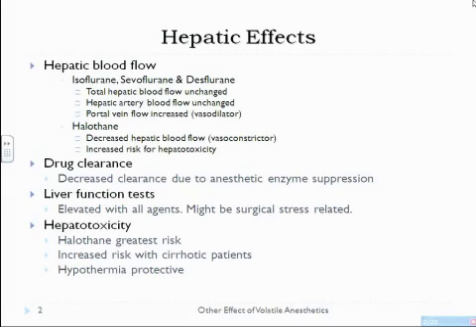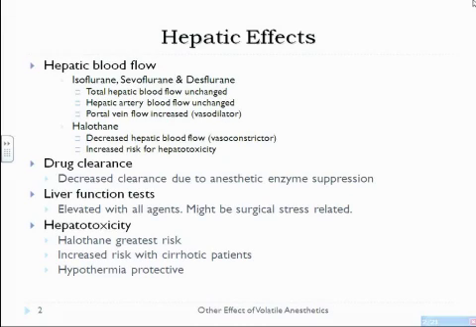On the other hand, halothane will have an overall decreased hepatic blood flow in all your patients because it acts as a vasoconstrictor. This has a significant effect of increasing hepatotoxicity in the population you're dealing with in this kind of case. The other thing that the agents do is alter drug clearance. There's a decreased clearance, possibly due to anesthetic enzyme suppression, not to the actual effects on total blood flow. That may be slightly different with halothane, but as we'll see in a little bit, halothane hepatitis is